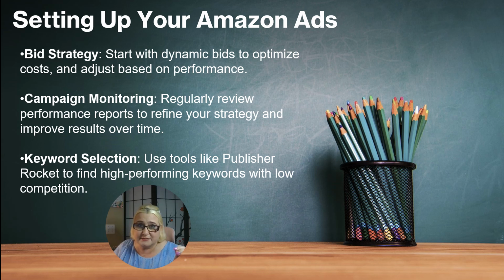Campaign duration. He said it was really important to let your campaign run for at least 2 to 4 weeks before making big adjustments so you can gather enough data to figure out where your bids need to be. And by following those strategies and regularly refining your campaign, you can effectively utilize Amazon ads to boost your book visibility and sales. So he says, always look on Amazon ads, Kindlepreneur, Happy Self-Publisher for more information that can push